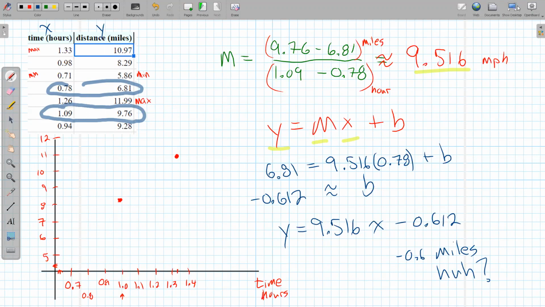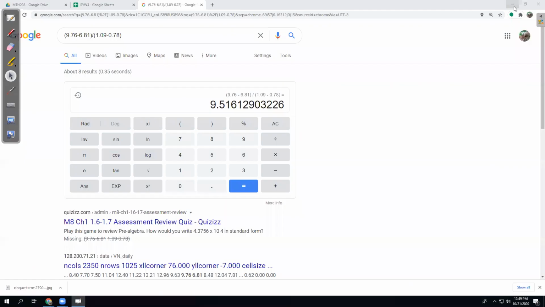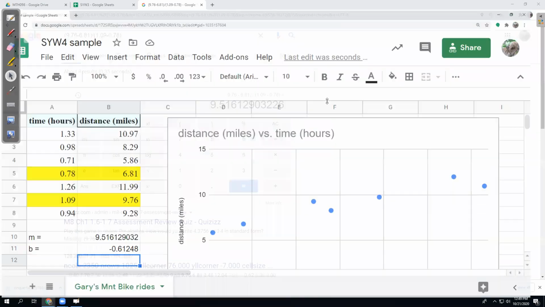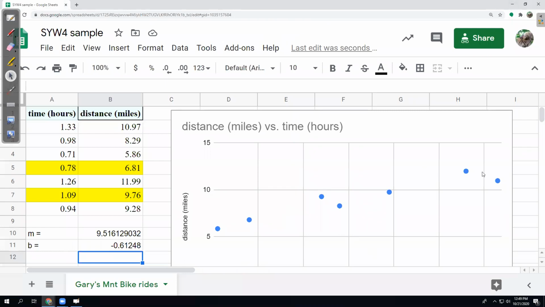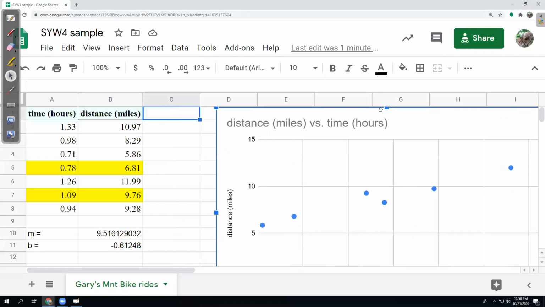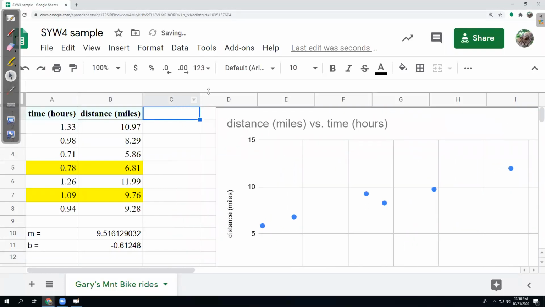So I'm just going to take a quick look at that in my graph on the computer. I can have the computer draw that in. To draw that line in here on the computer is a little bit trickier. I'm going to have to sneak it in, and if you want to know more about this, I can show you later.